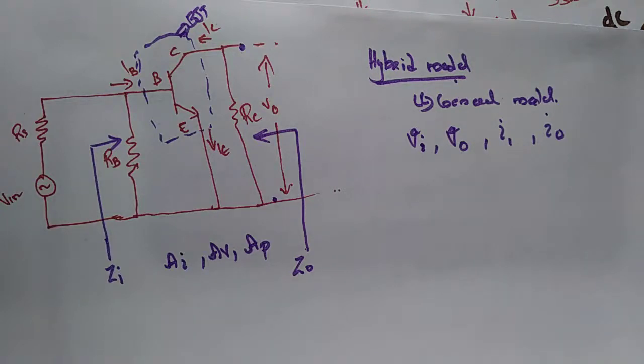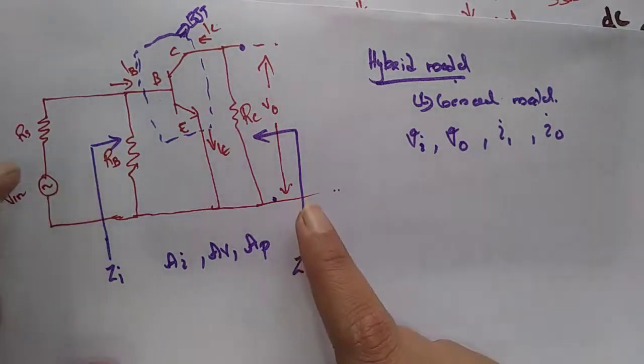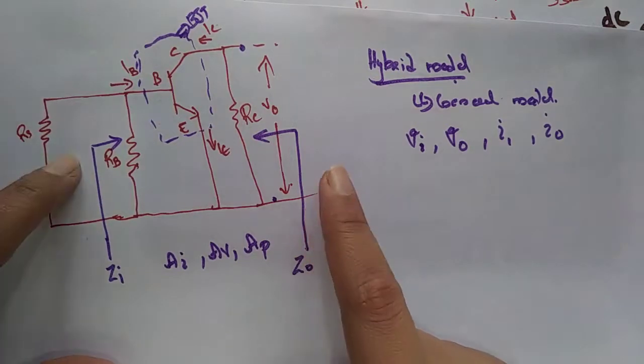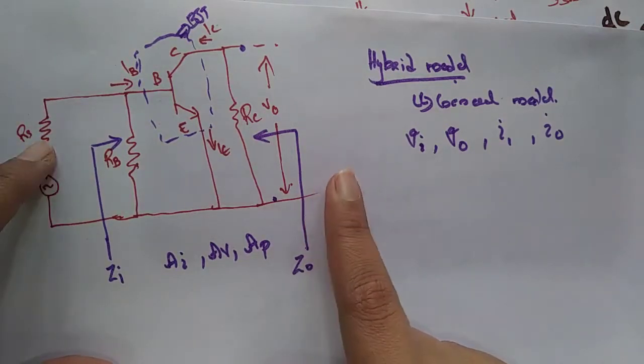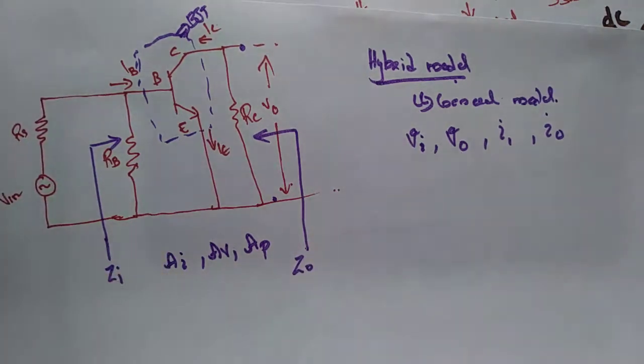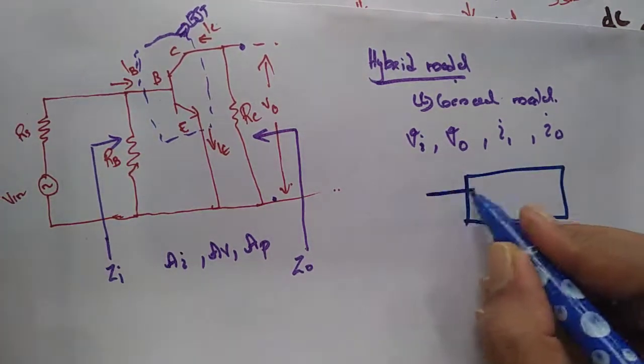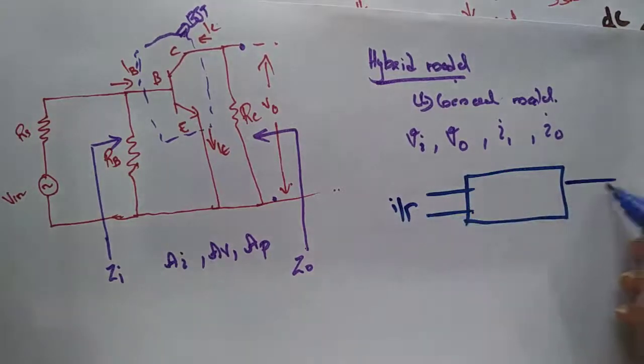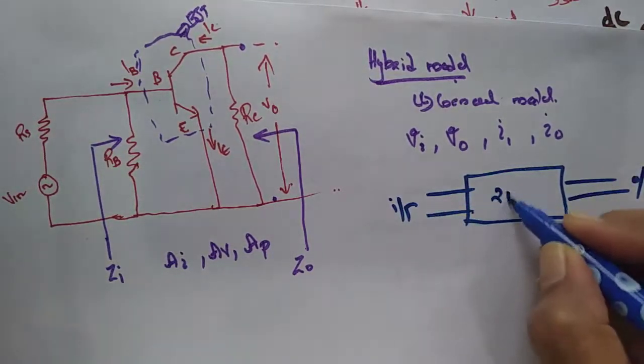Okay, I will tell you why we call this a hybrid model. Before that, in a hybrid model we are discussing the circuit in general terms only. In general, there is an input and there is an output, so this is a two-port network. There is an input port as well as an output port. So the hybrid model is expressed generally as a two-port network, with a circuit, an input port and an output port.